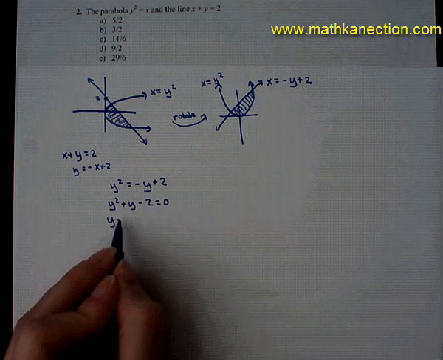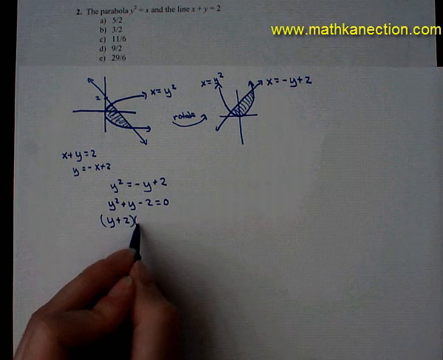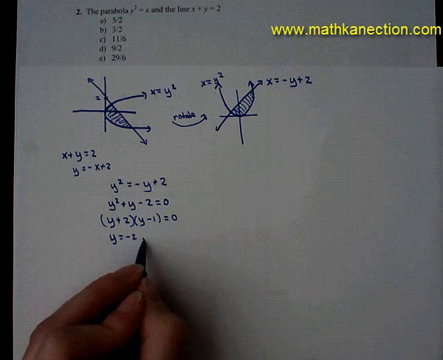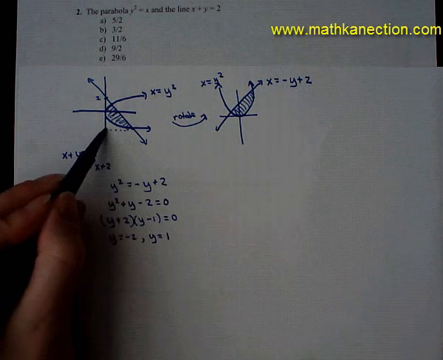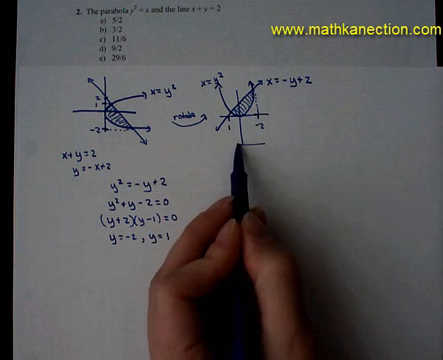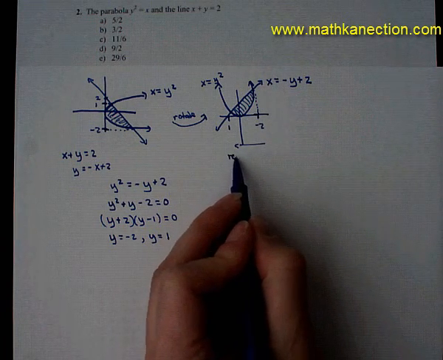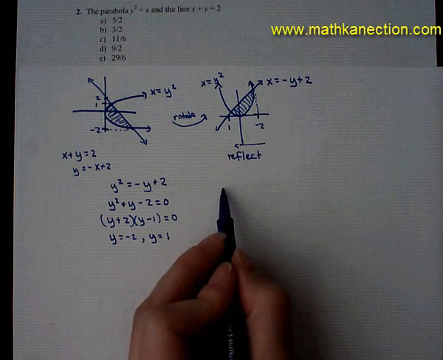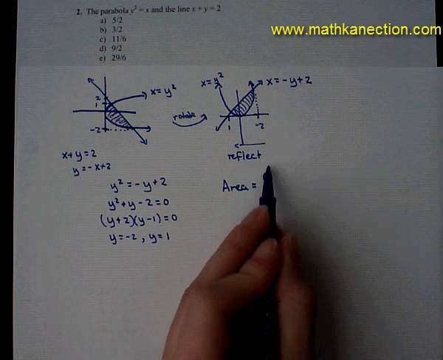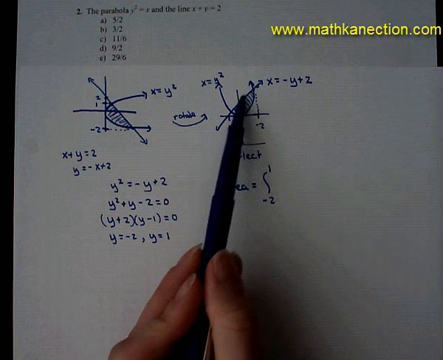Factoring, we get y plus 2 times y minus 1 equals 0. Our intersections will occur at y equals negative 2 and y equals 1. So the area we'll be calculating will be going from negative 2 to 1 using those y values. Even though we've rotated our picture, we need to think of reading our picture backwards, looking at it as a reflection. So our area is going to be the integral from negative 2 to 1 of the top function,